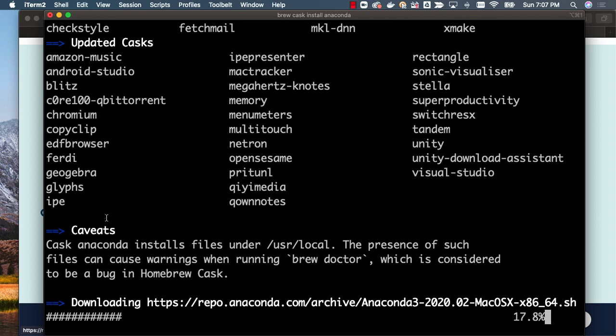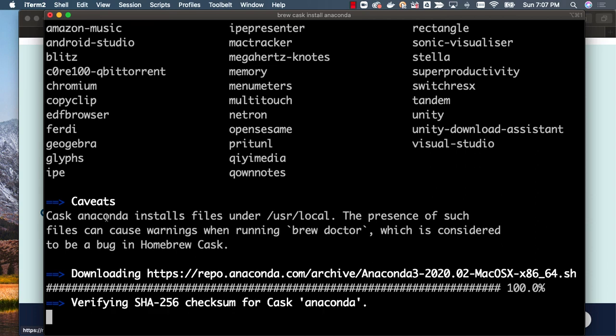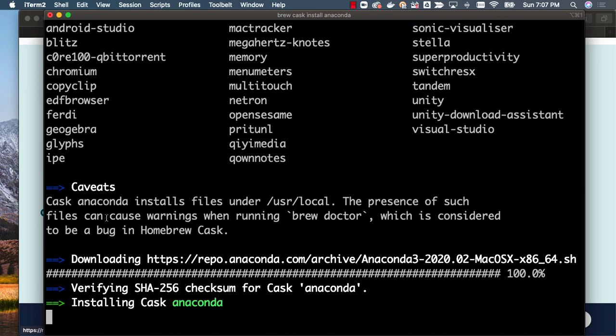It will take care of downloading and installing and also making it available to us with minimum configurations. We don't need to worry too much about changing any configurations. Most of the configurations will be set with the defaults, and we should be able to start by making very few changes, if at all we have to make any changes. So let's wait till the download and install is done. Then we will take it further to understand how to launch Anaconda Navigator to use Jupyter Hub and Jupyter Lab that comes out of the box with Anaconda.